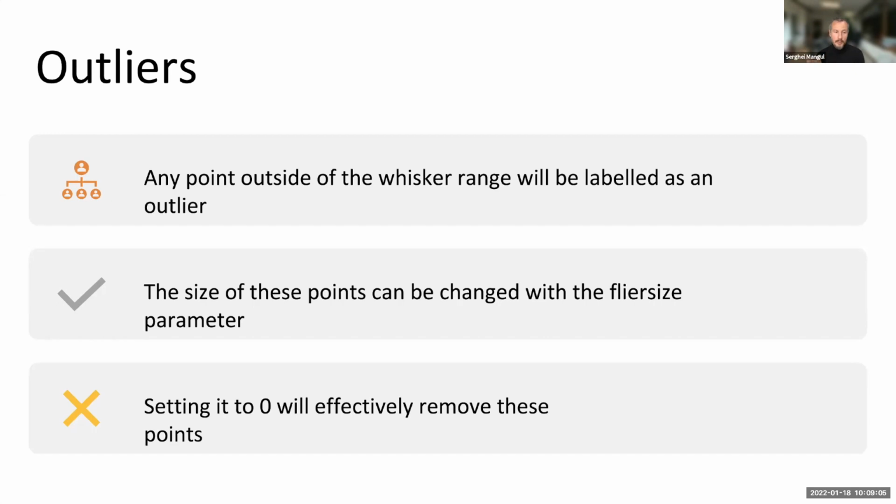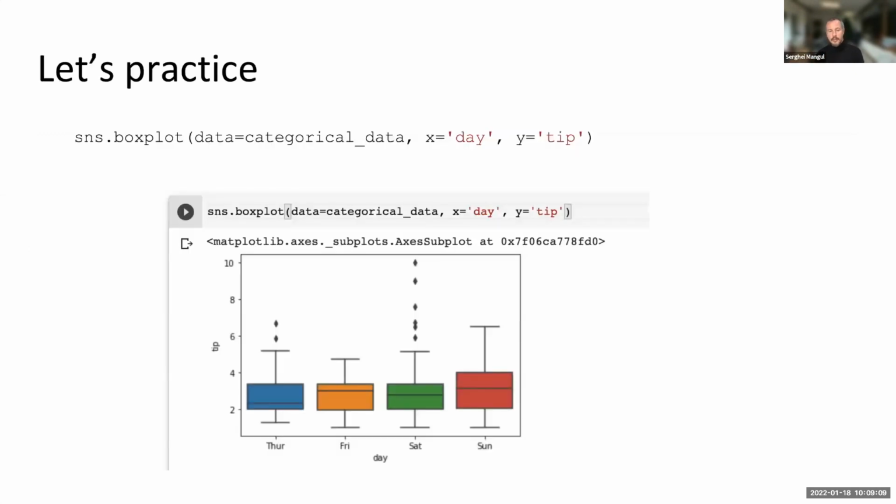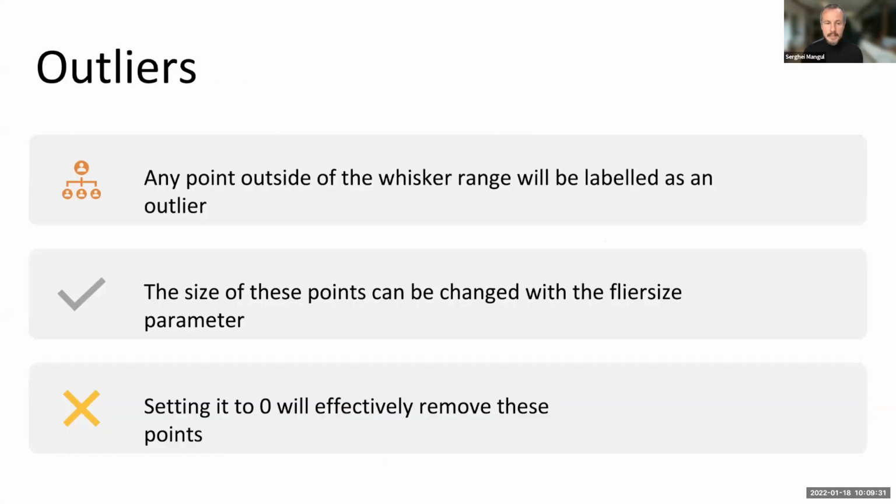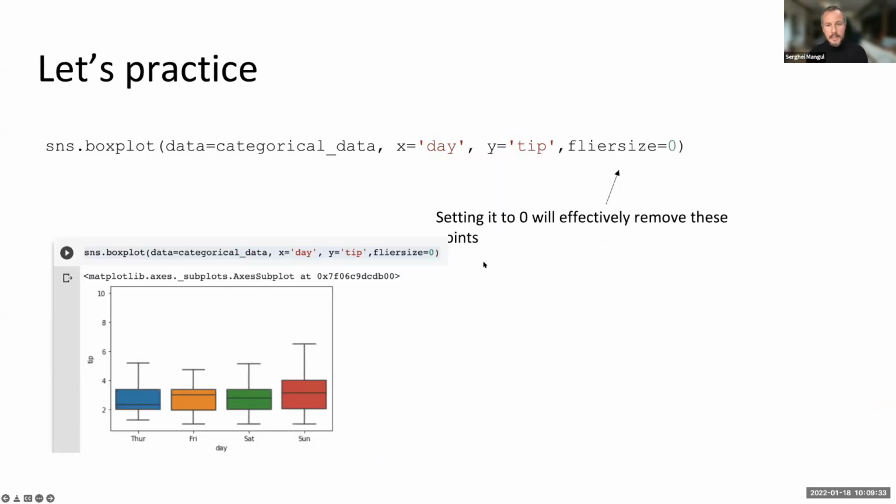For example, if you try to convey the message that there are a lot of outliers, like here, right? You try to convey that on Saturday, many people were somehow tipping higher than normal for whatever reason. Then that's appropriate. But if you don't particularly want to convey that information, you can remove the outliers. Maybe they're distracting people from getting other trends of the data, right? So you have this technical possibility. What you need to do to do that,